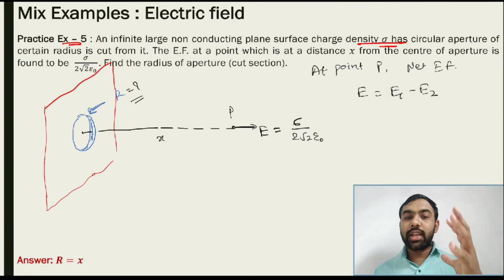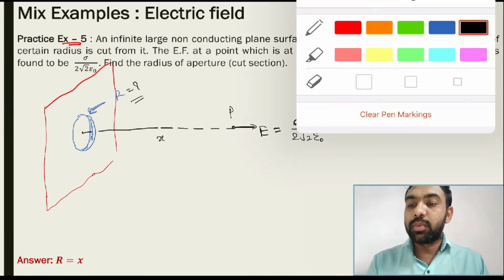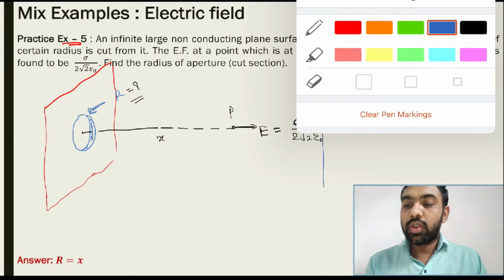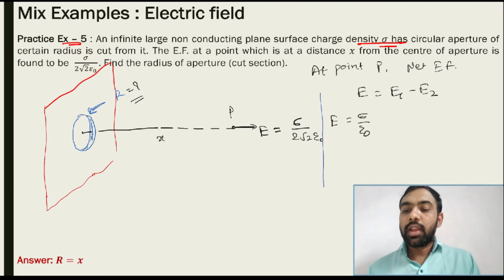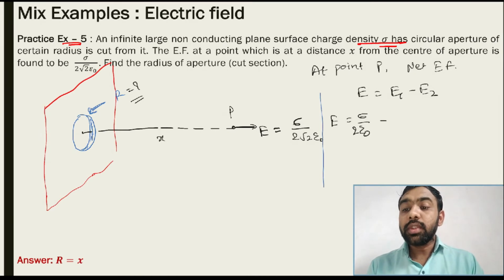It means the total electric field is that of the large sheet minus the cut section. So what is the electric field produced by a large sheet? This is a very well known equation, so let's put this value directly. E is equal to sigma upon 2 epsilon naught, minus